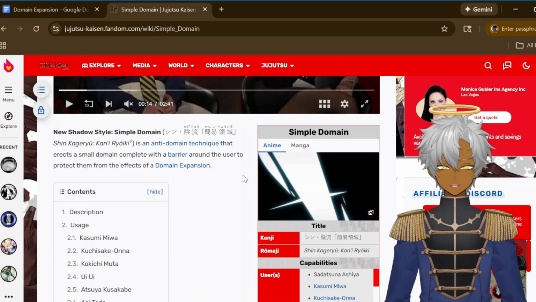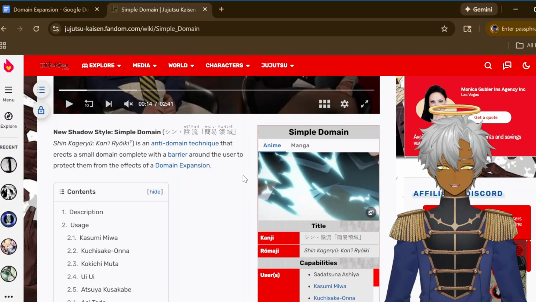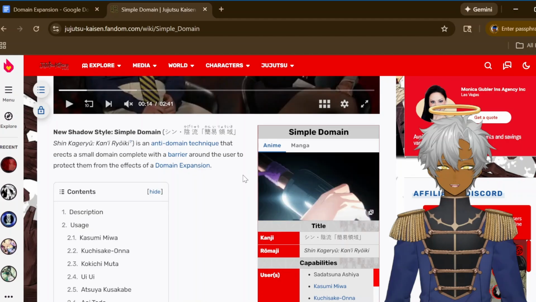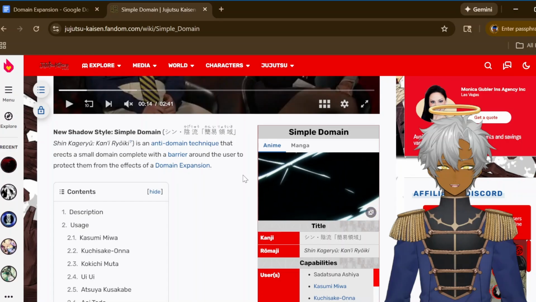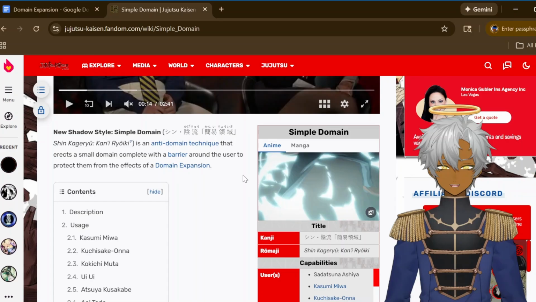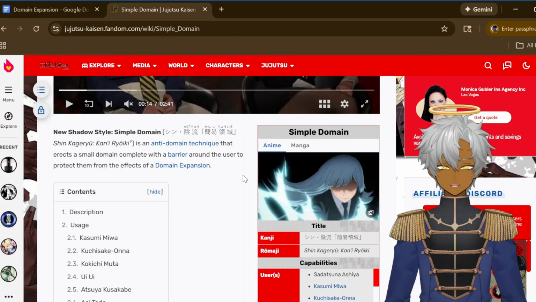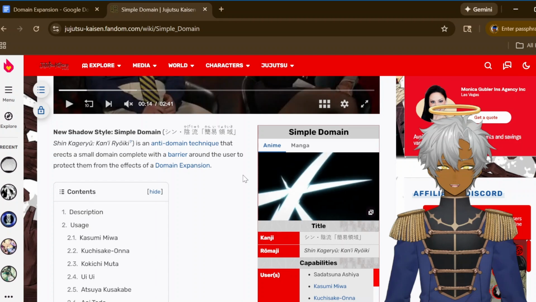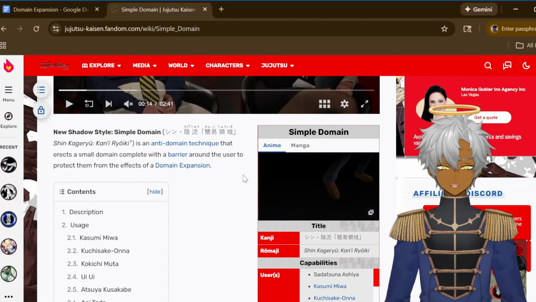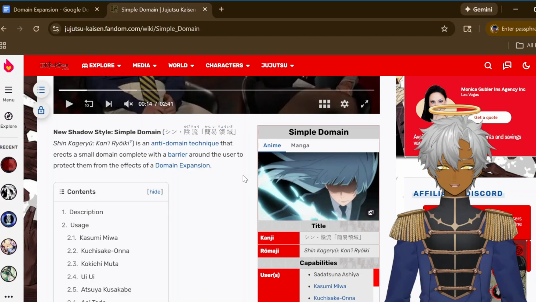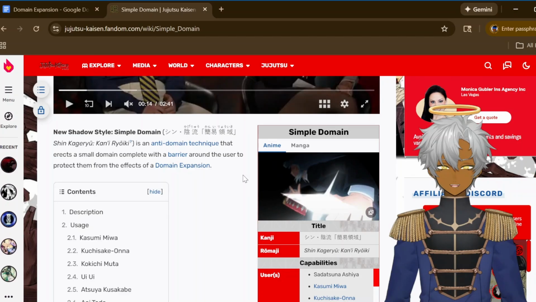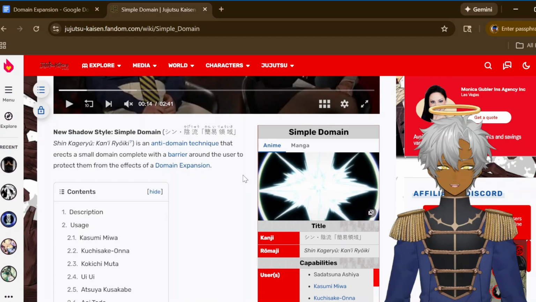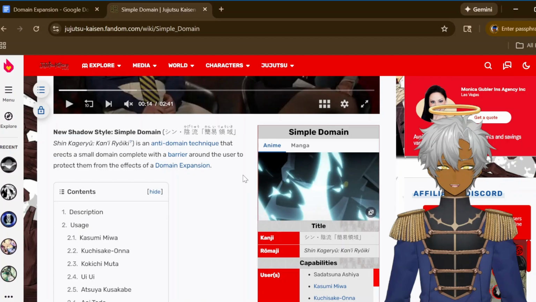So let's say, for example, that big purple blast he used to defeat Geto in the movie Zero is his innate technique, and he applies it to his barrier with his domain expansion so he can pretty much instantly one-hit somebody with it. And then he does that. If the person is using a simple domain and his attack is about to end, but that person's barrier is also about to break, he can use a binding vow to change the innate technique on his